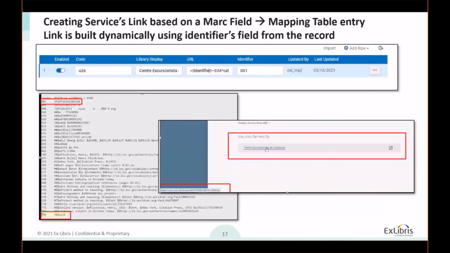I just want to quickly demo how the workflow works. You can choose to have a field in the MARC that has a code that points to a central mapping table that you manage, where for each code you can define what to display and a URL. As you can see, for these records, we are pointed to this code, and this label is going to be displayed here. And when the user clicks on the link,